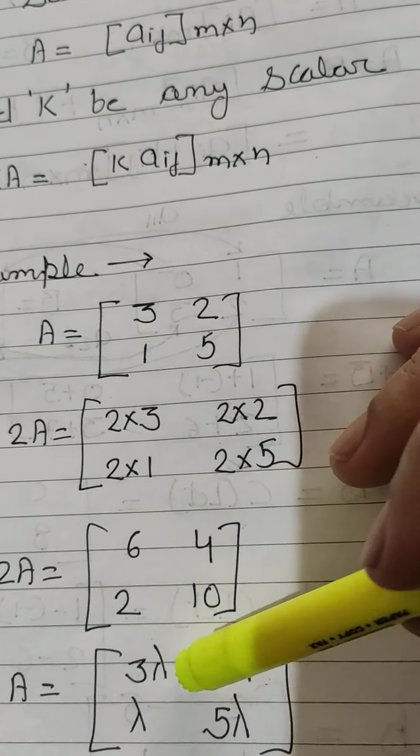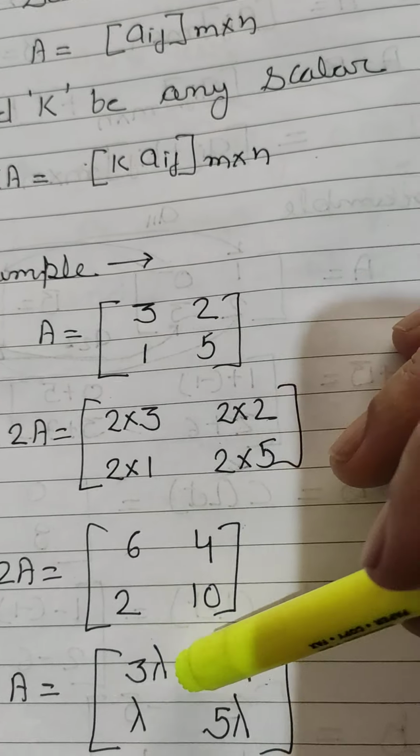Now with one example, I am explaining the product of matrices. Consider two matrices C and D. What is the order of C? 2 by 3. D, what is the order? 3 by 2. Now we are multiplying these matrices. What is the result? First of all, we have to decide whether these are conformable matrices or not. So let us check: the number of columns of the first matrix is equal to the number of rows of the second matrix. So its product is defined because these are conformable matrices.